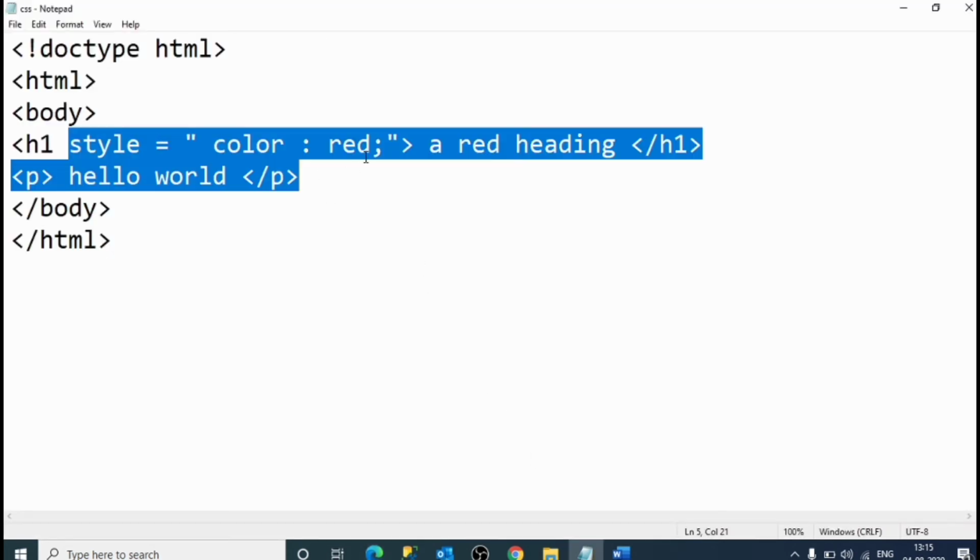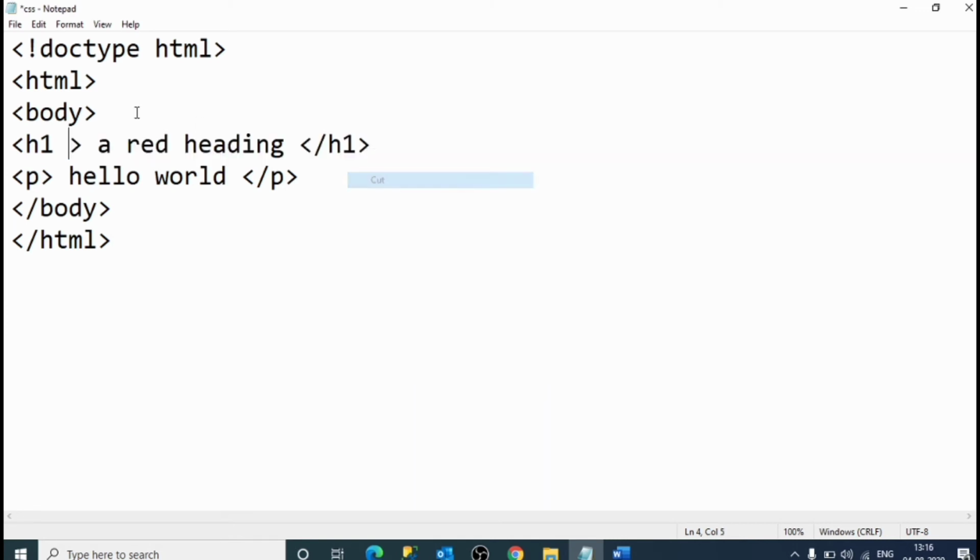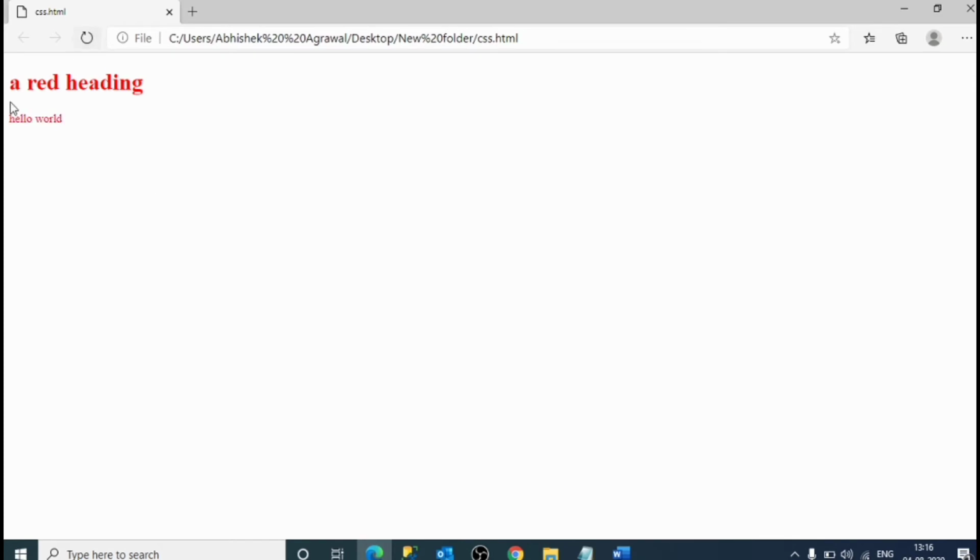Suppose I cut the body, save it and then see: a red heading, hello world.